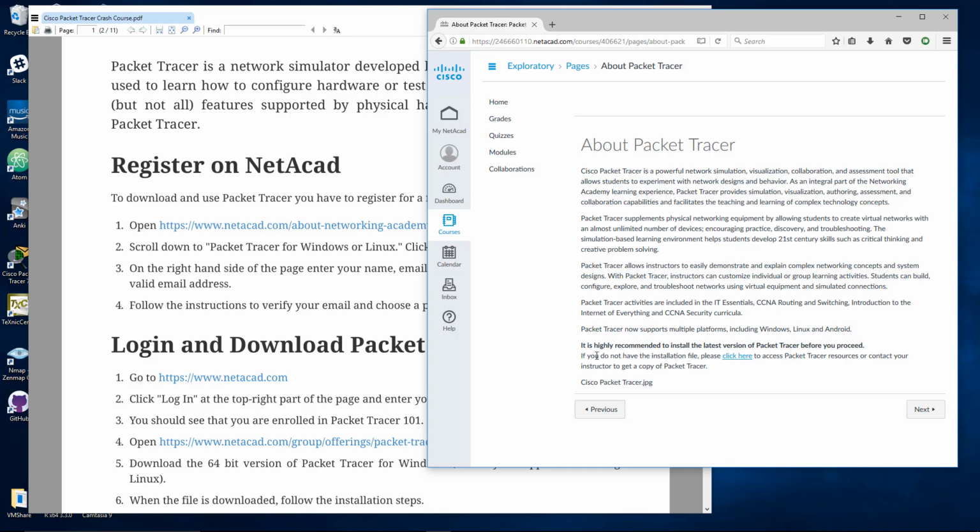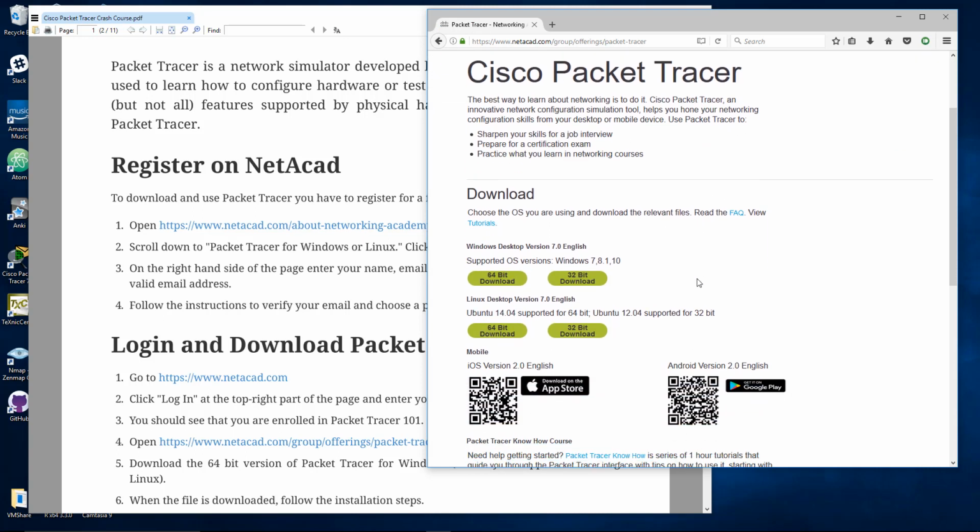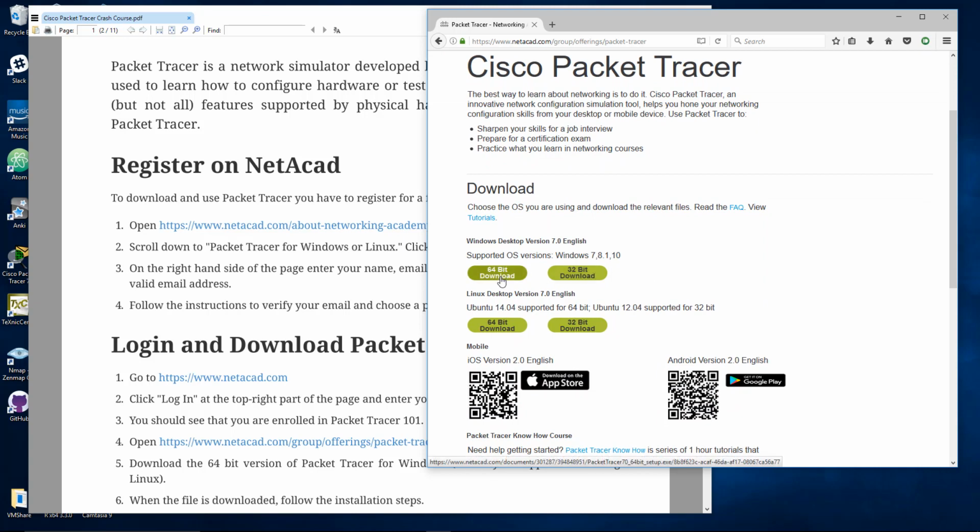The key part of this page, it says if you do not have the installation file, please click here to access Packet Tracer resources or contact your instructor. You don't need to contact me, just go ahead and use the link here in the page. Here's where we can download the software. So I'm going to choose the 64-bit download for Windows. Basically everybody has a 64-bit operating system now. So choose the 64-bit download,